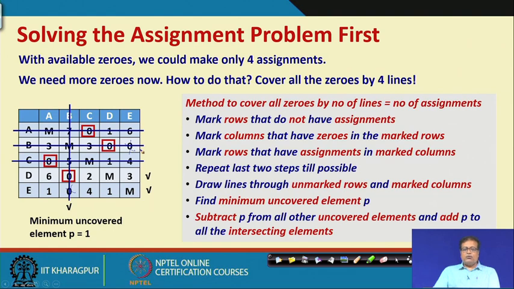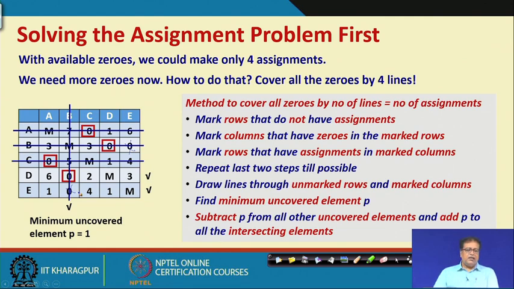Then we should do, so what exactly we should do now? Here is a method, that method is given here, and using the method really does what? It actually tries to cover, suppose we have been able to make 4 assignments and we have 2 other zeros. This method essentially covers all the zeros by same number of lines that is equal to the number of assignments. So, how many assignments we have made? 4. So, we are allowed to have 4 lines to really cover all those zeros, right.